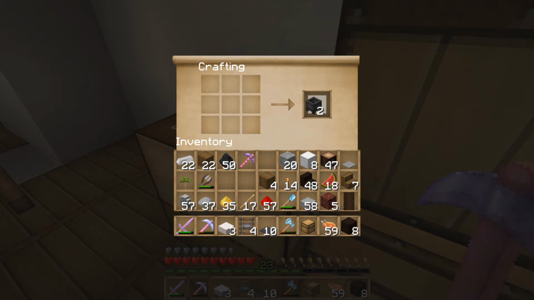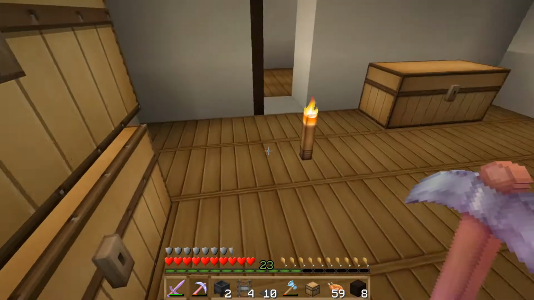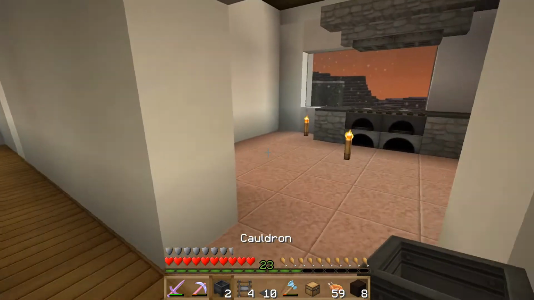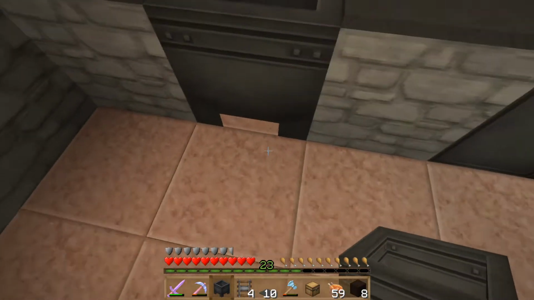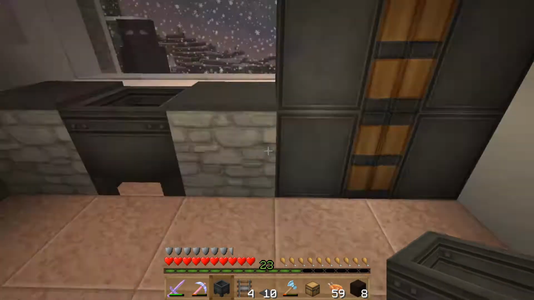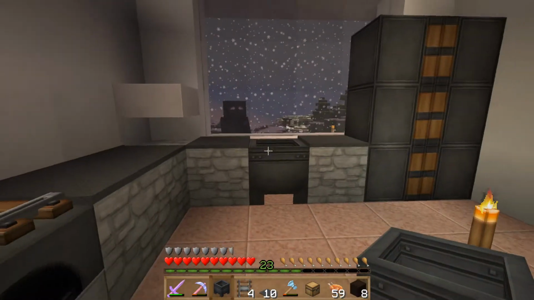Yeah, I'll make a couple of those. Now, one of them I'm going to use for a plant pot, and the other I'm going to use for a sink. So we'll have our sink there. Well, there's our Enderman. I hope you can't see me through glass. I'm not looking, which means we are going to have to